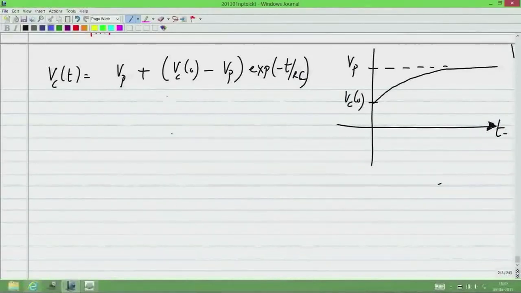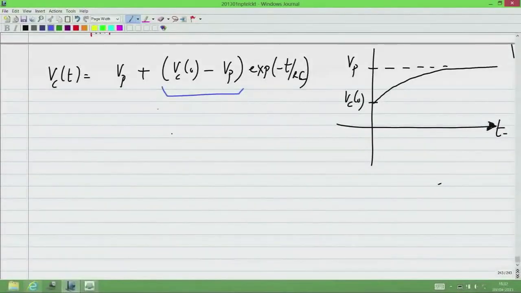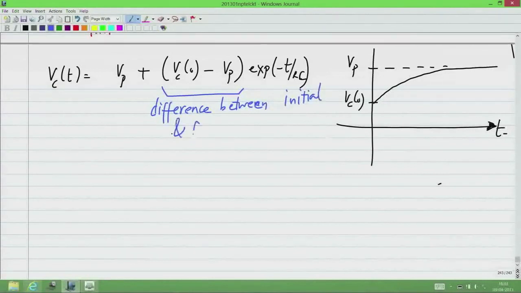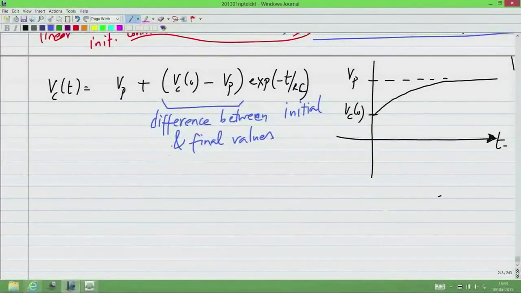So there are different ways to interpret this. If you look at this part of it, this is the difference between initial and final values. And this whole term, if you look at it,